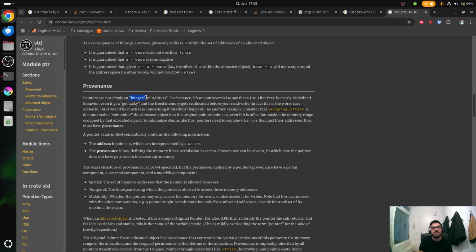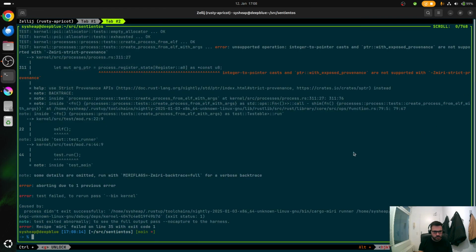They should also have some meta information about the object they're pointing to, so the compiler knows what's an out of bound access and whatnot. Long story short, we cannot just cast usizes to addresses, which we just did, and I guess that's where